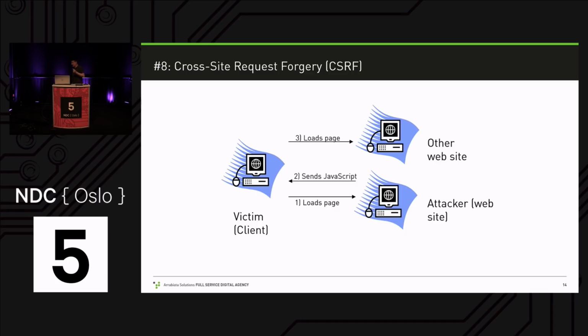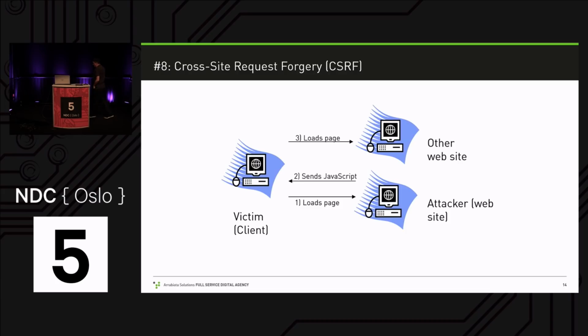Then the only thing missing is I need to social engineer you into logging into that router right before going to my website in the same browser. But since I'm attacking all of you, maybe one or two will be so cooperative and allow me to change your WPA2 key. Now, the only thing I need to find out is where you live, because then I have free Wi-Fi, because I'm the only one who knows the new WPA2 key. But that's a problem I might be solving as well. So that's basically cross-site request forgery in short.